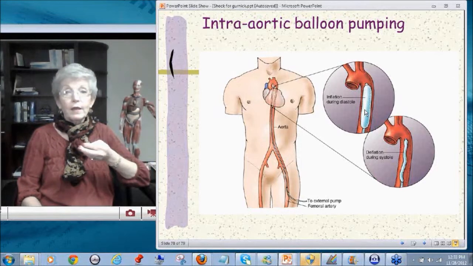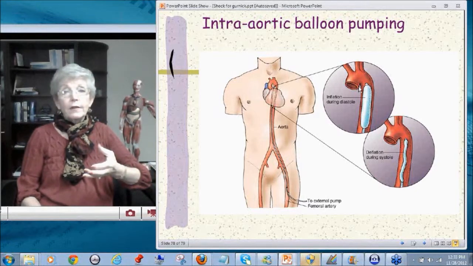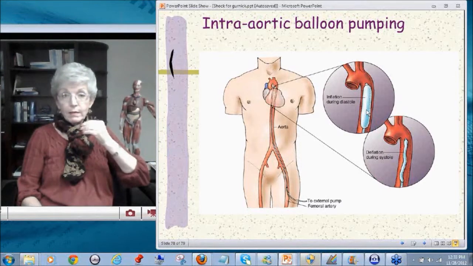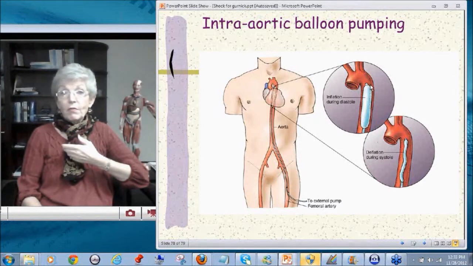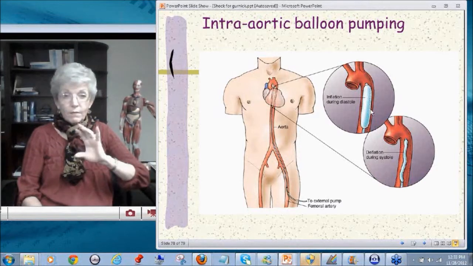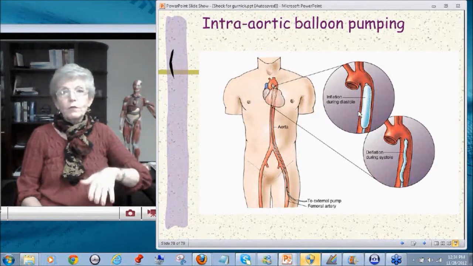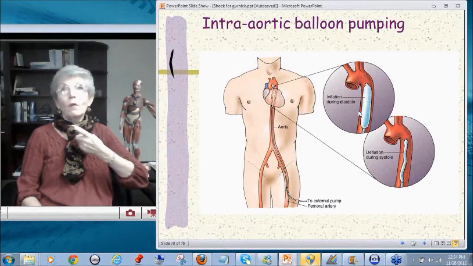This balloon is inflated with anywhere from 30 to 60 mils of gas. And if you think of a normal stroke volume with each heartbeat being an average of around 70 mils, and this is a 30 to 60 mil thing, you're talking about half to almost an entire stroke volume. Now, in order to understand the intra-aortic balloon pump, you need to know one word, and that one word is